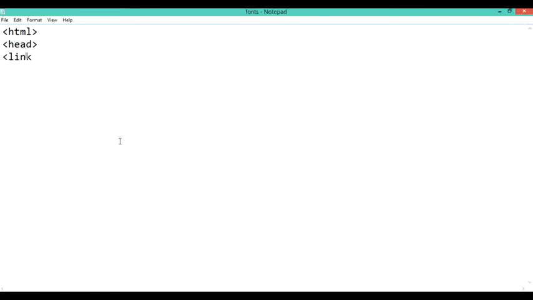So basically a font family is used to specify the different types of fonts that are available in the library within the computer. Then we also have a generic family. A generic family is similar to the font families, but it includes some other things like monospace, serif and all the other things that are included in that particular file.